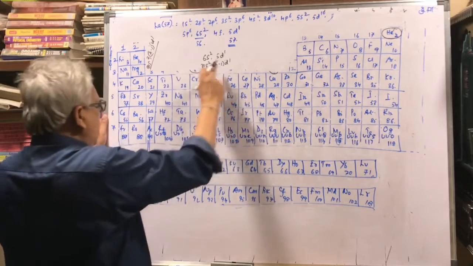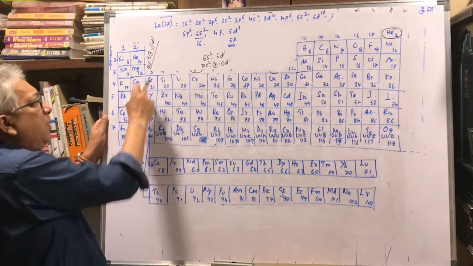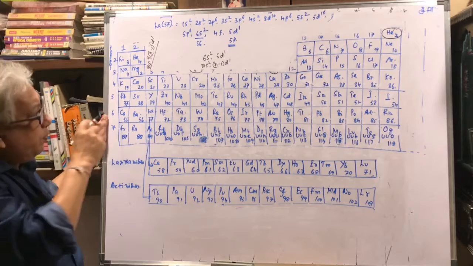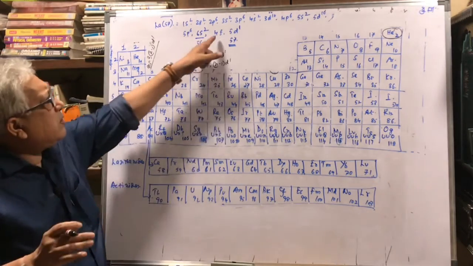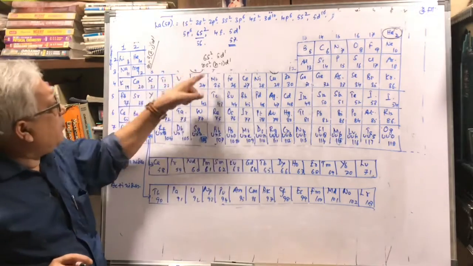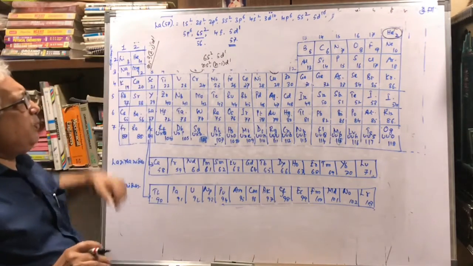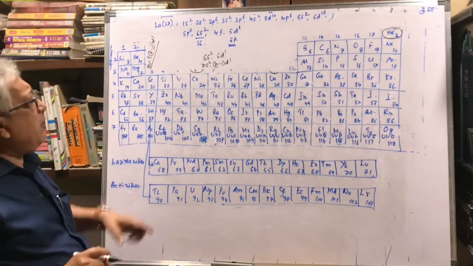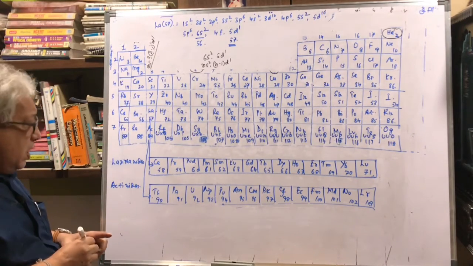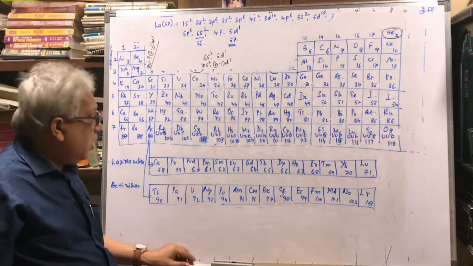On this basis lanthanum is placed in group 3. Is that okay with you? Lanthanum has broken the rule and got itself placed in group 3, but after that the next element, atomic number 58, cerium, says no,